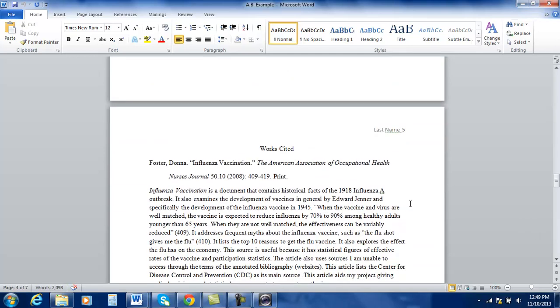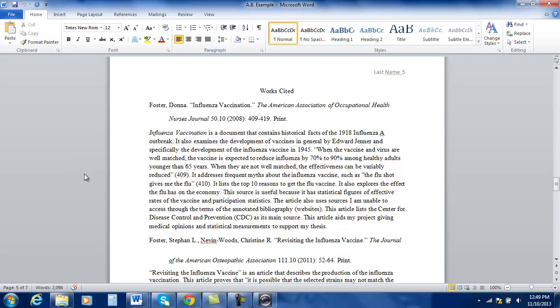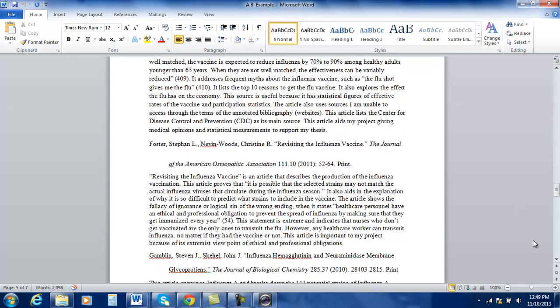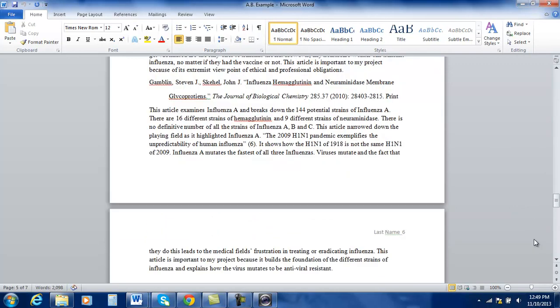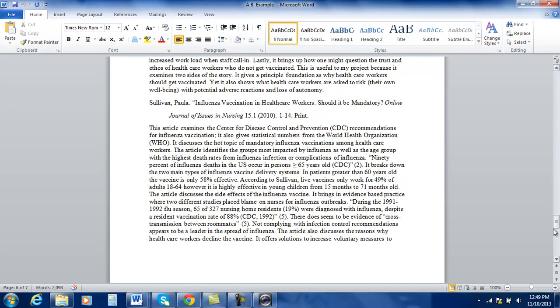It should start on its own separate page and be labeled Works Cited because that's how it is in MLA. Your entries should all be alphabetically listed by the last name of the first author on your particular source. And again, make sure that you're consulting the MLA at Purdue for how to properly format each form of scholarly source. And again, see here that the student has done this and does indeed incorporate various statistical information, quotations that she found relevant in each of these sources. So again, I realize that this does not have 10 sources altogether, but this is just an example of how it should look.